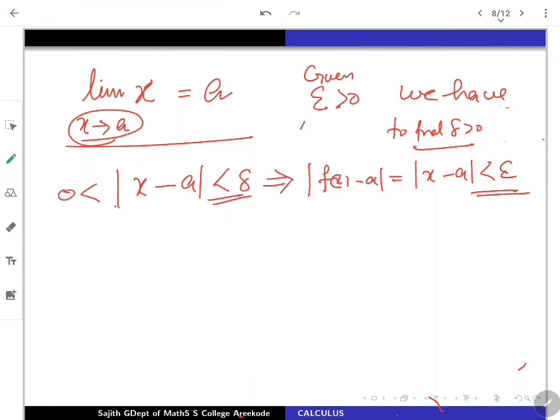Obviously I am making x away from a. But this is also easy. The preference is easy here. You start with any epsilon here. Ultimately this immediately gives me that the same epsilon will work here. So in this particular case, I can select delta as my epsilon. If it is 2 here, here also I can take 2. Just use triviality. If I am giving 0.01, you can give it here.